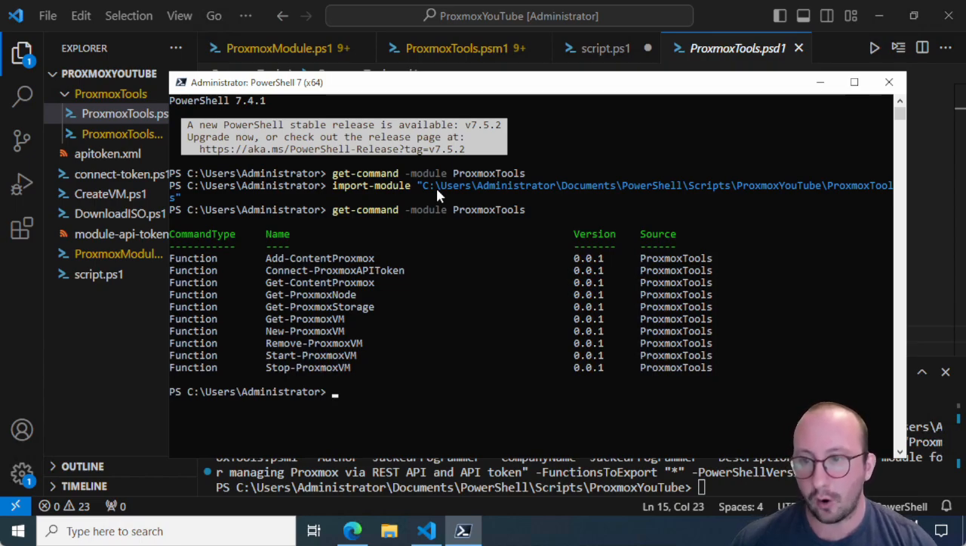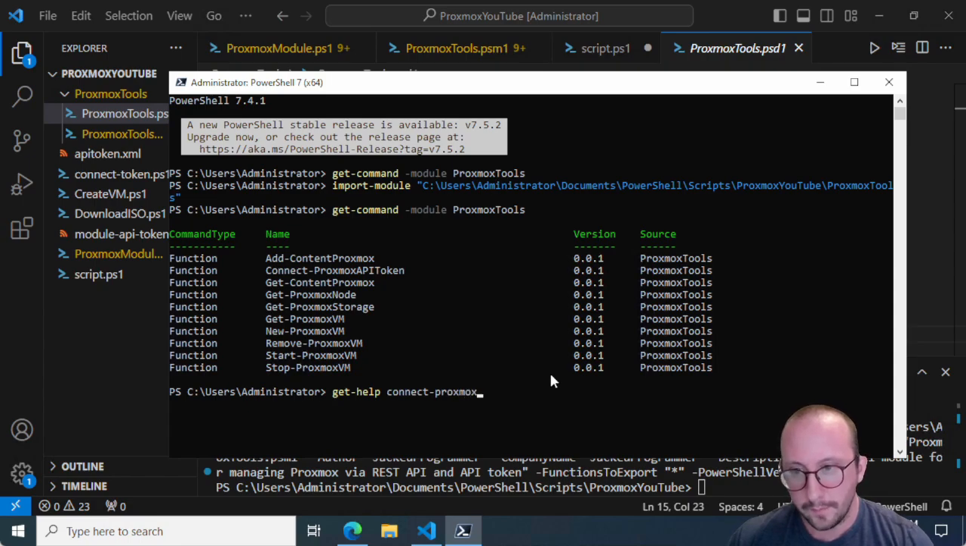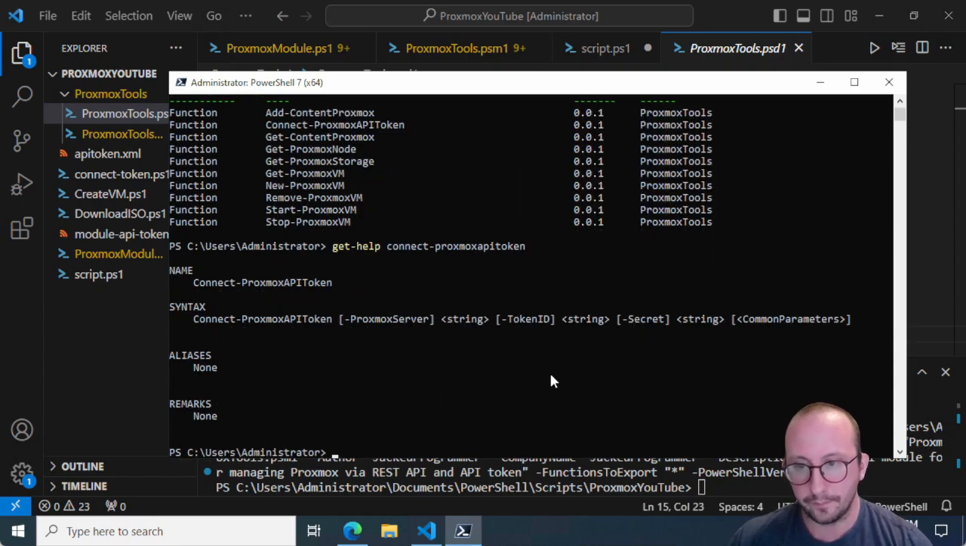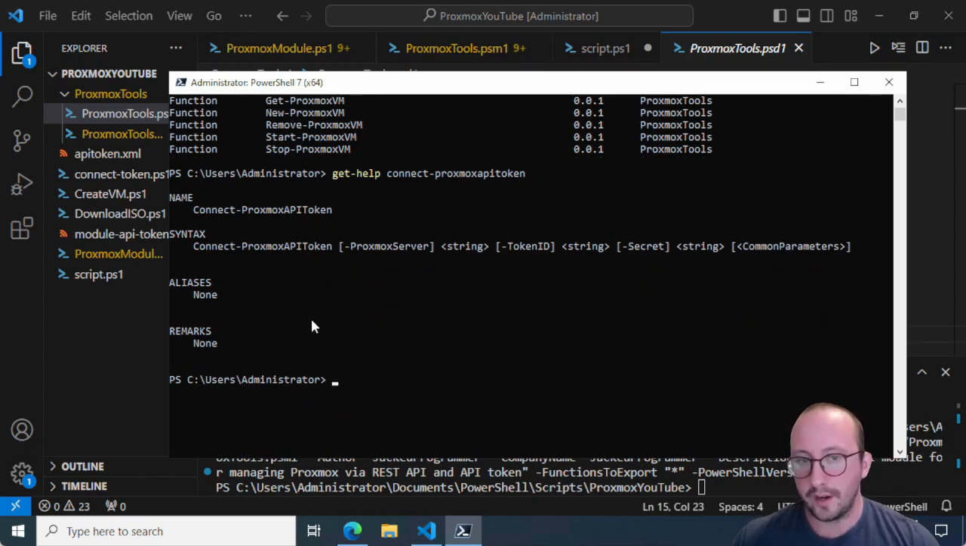And we're going to see that we actually get all of our commands, and we can see that the version that we get back is 0.01, which is awesome. So now let's do a Get-Help on the Connect-ProxmoxApiToken. You're going to see that we get the name and the syntax, but we don't get anything else. And that's because we didn't create our synopsis comment, or the actual documentation for our cmdlet